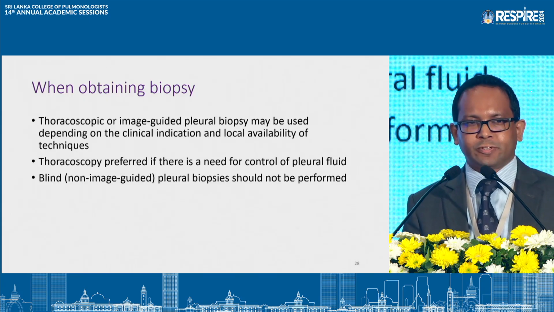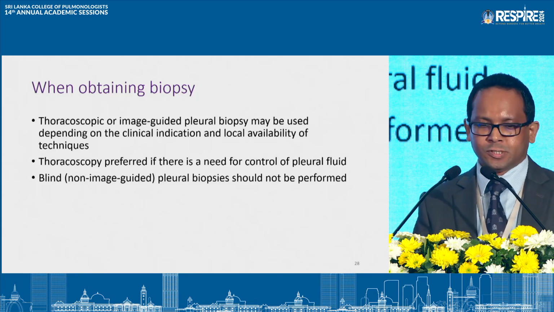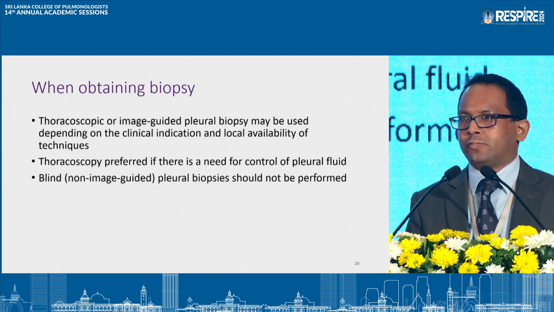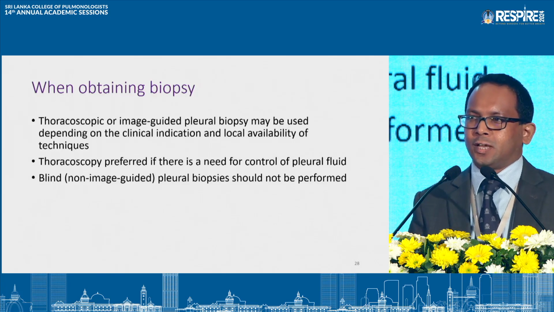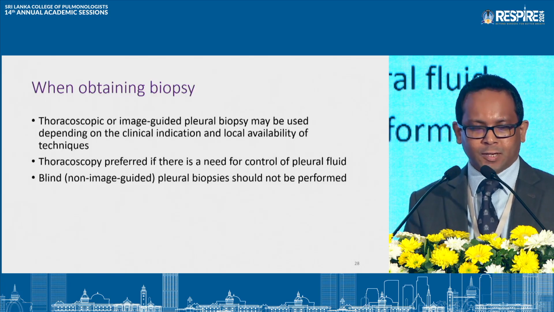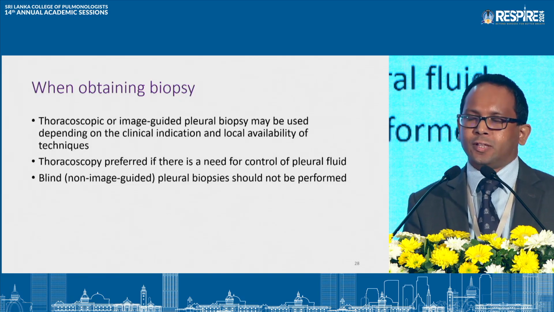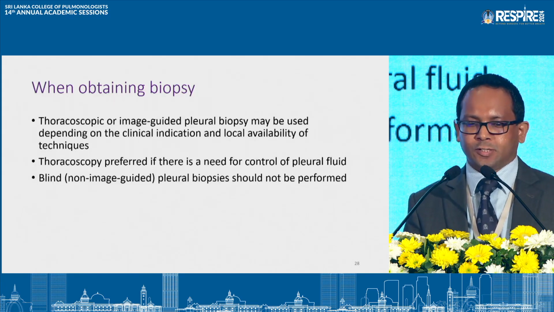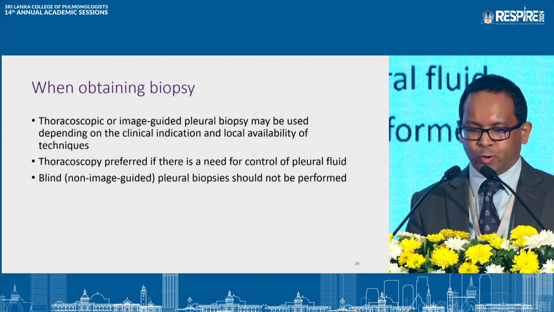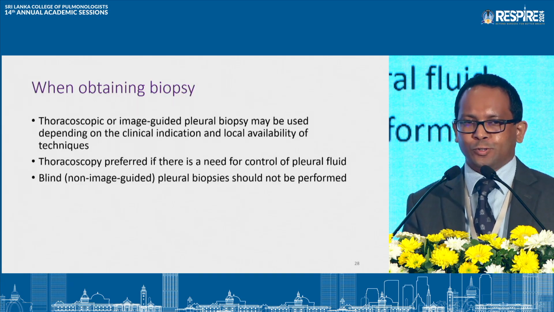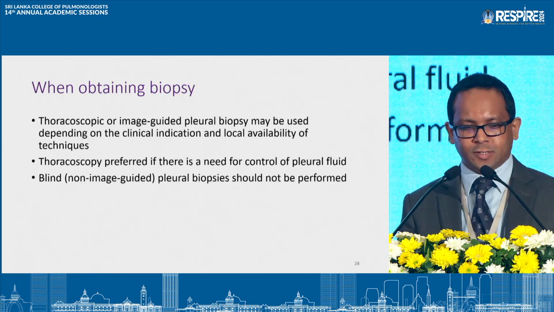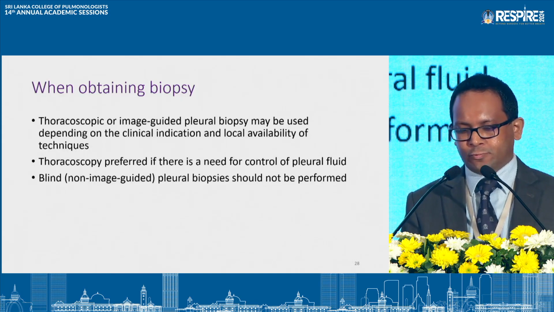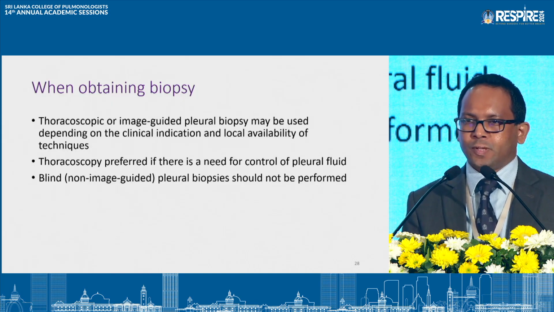So I think Professor Lee will discuss further when it comes to malignant effusions. Right after thoracoscopy, after taking biopsies, we can insert an intrapleural catheter and either drain the fluid off gradually or can use talc concurrently as well and attempt pleurodesis at the same time also. So I think he will discuss more regarding this. So if there is a need for control of the pleural effusion, then thoracoscopic procedures are likely to be more